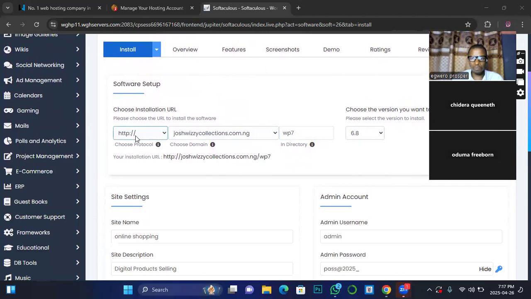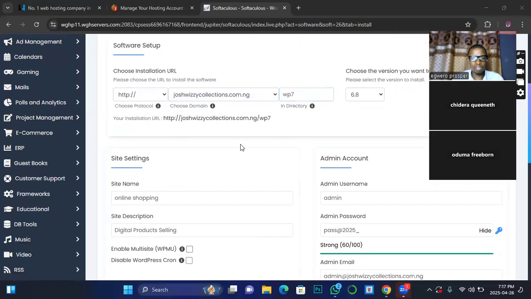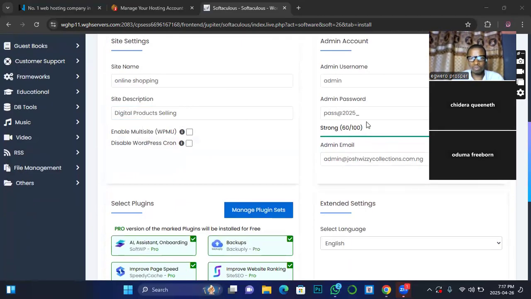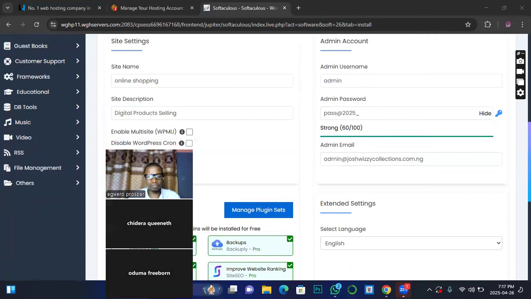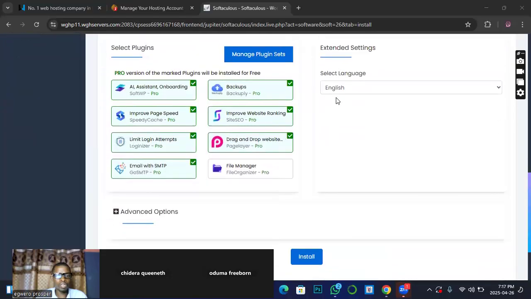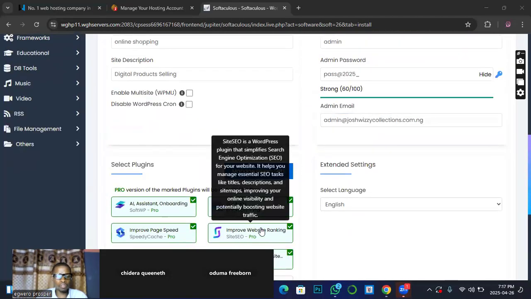So just to recap, in case you have forgotten some of these steps, I'm installing another WordPress account under this particular website hosting file. Now this is the name, and this is my site description as digital product selling. Right? So the password is strong, and then now because I want to